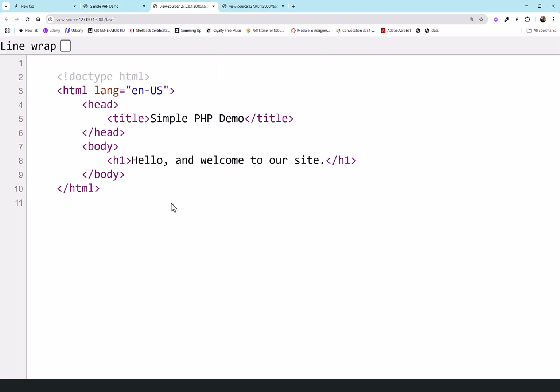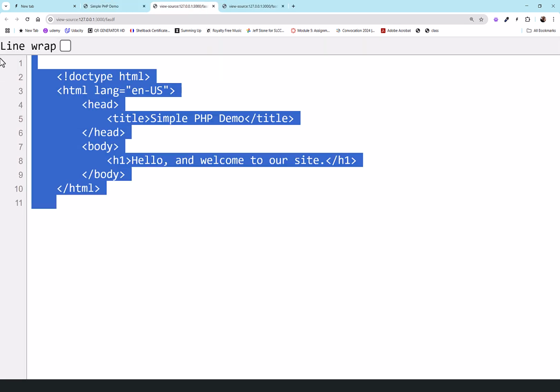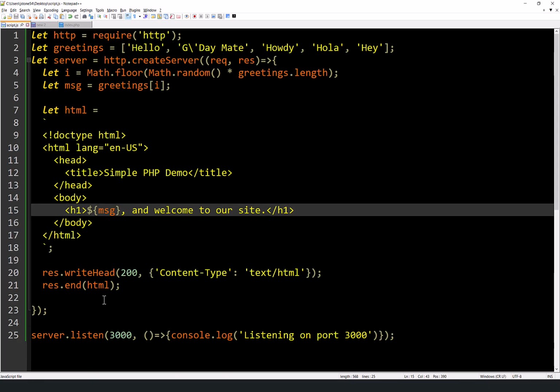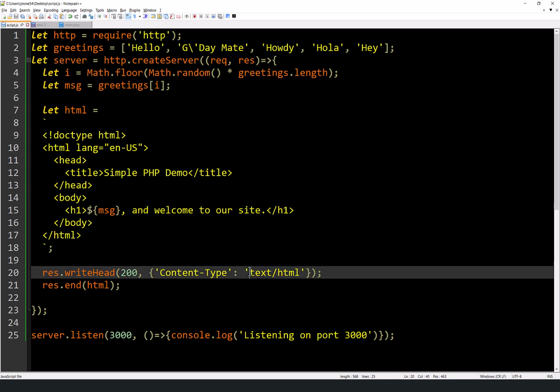Hey. And again, if we look at the code delivered, what do we get? It's just raw HTML. I cannot stress that enough. It's just raw HTML. So all this funky, fancy code here, ultimately, all it did was create some text. It's text, and as you saw, we even told the browser it's going to be text. It just so happens to be text that has things in it that make it look like HTML, because that's all HTML is. It's text that's formatted a certain way with angle brackets and so forth.